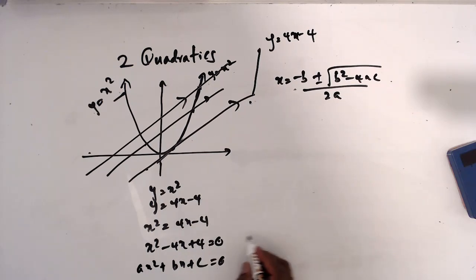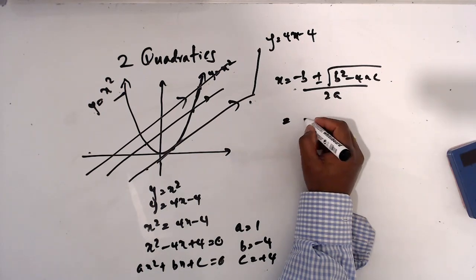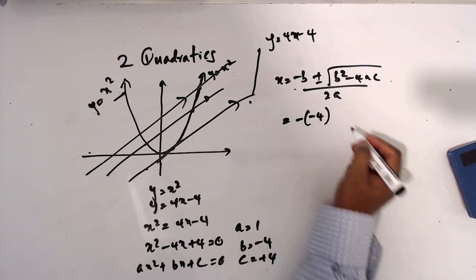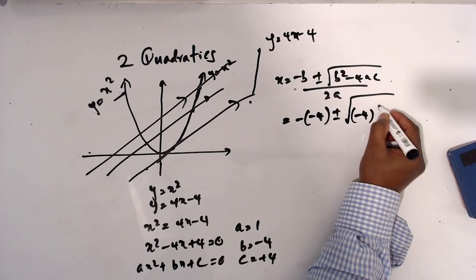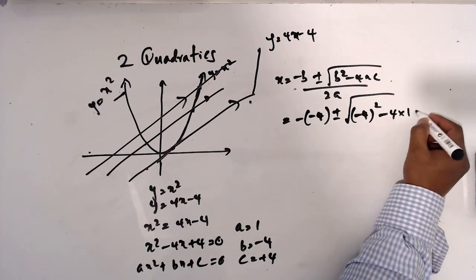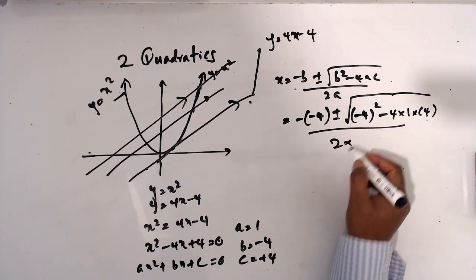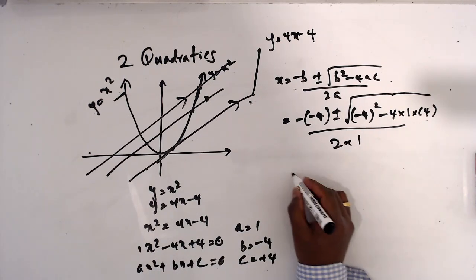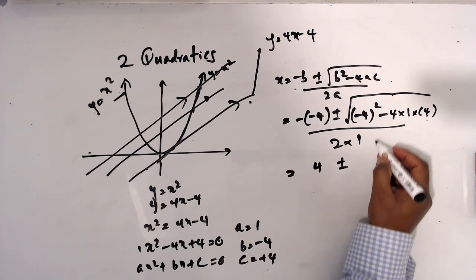So now we know that a equals 1, b equals minus 4, and c equals plus 4. Now let's apply it: minus minus 4 plus or minus the square root of minus 4 squared minus 4 times a, which is 1, and c, which is 4, over 2 times a, which is 1. So this is minus times minus, so 4 plus or minus